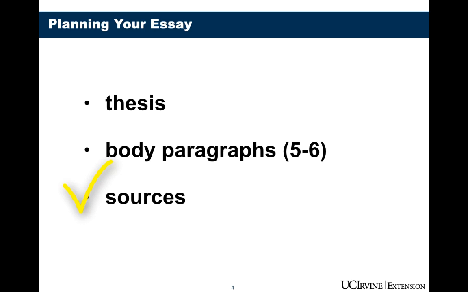Each body paragraph should have a couple of sources. Try to have at least one source in every body paragraph. This means your essay would have 5 or 6 quotations or paraphrases. And I don't mean you need to have 5 or 6 different sources. You could have 2 quotations in your essay from the same source, but you should not have 6 quotations from one source. You probably need to find 2 or 3 articles that you can use for this essay.